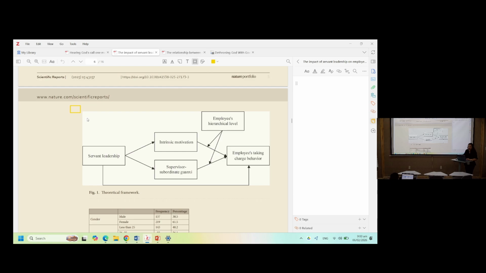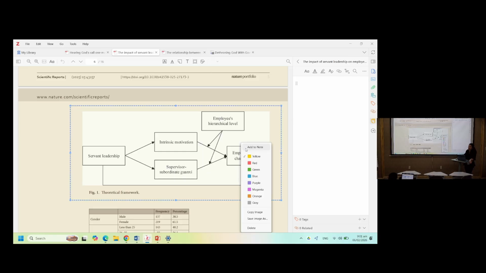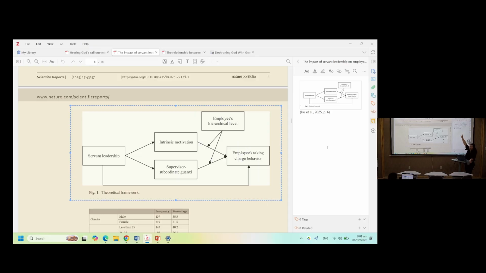And you can highlight that part. When you right-click on it, it says Add to Note. So you'll have there the graph, including the citation. Okay? So again, that is this icon here. Select area.